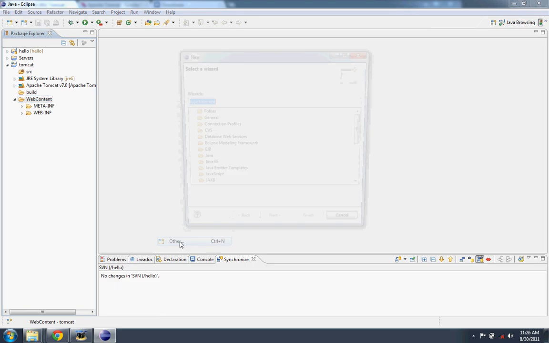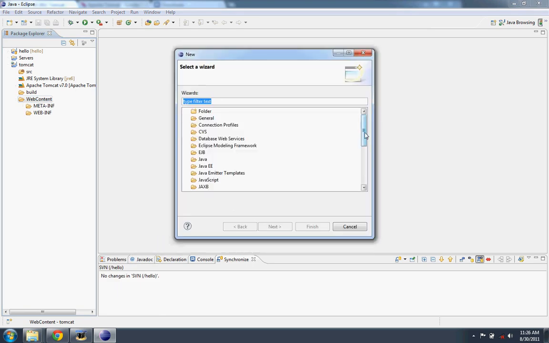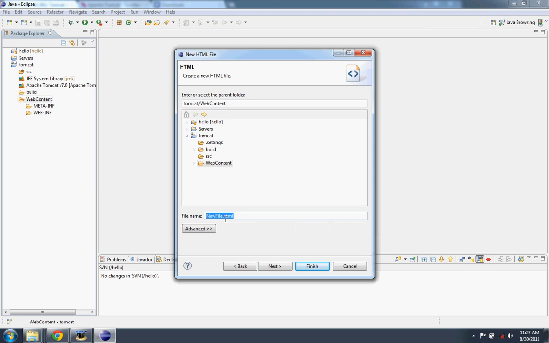So let's see, I'm going to select this one, and I'll do new. I don't see HTML file listed in here. It's surprising. I thought it would come up in the list. There it is, HTML file. It really doesn't matter. I could have selected just an ordinary file. But what happens here is it'll generate a stub for us. So I'm going to change the name to index.html